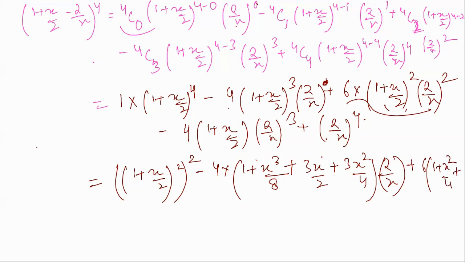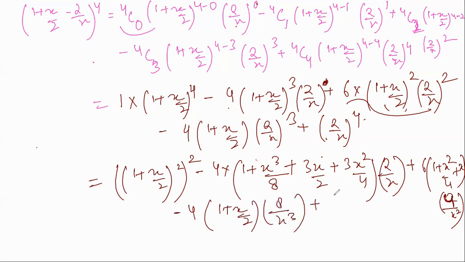2 times x by 2 times 2, which is x only. Multiply as 2 by x whole square, that is 4 by x square. Then next term 4 times 1 plus x by 2 and 8 by x cube. Then plus it will be 16 by x raised to the power 4. Okay. Now I have to open everything